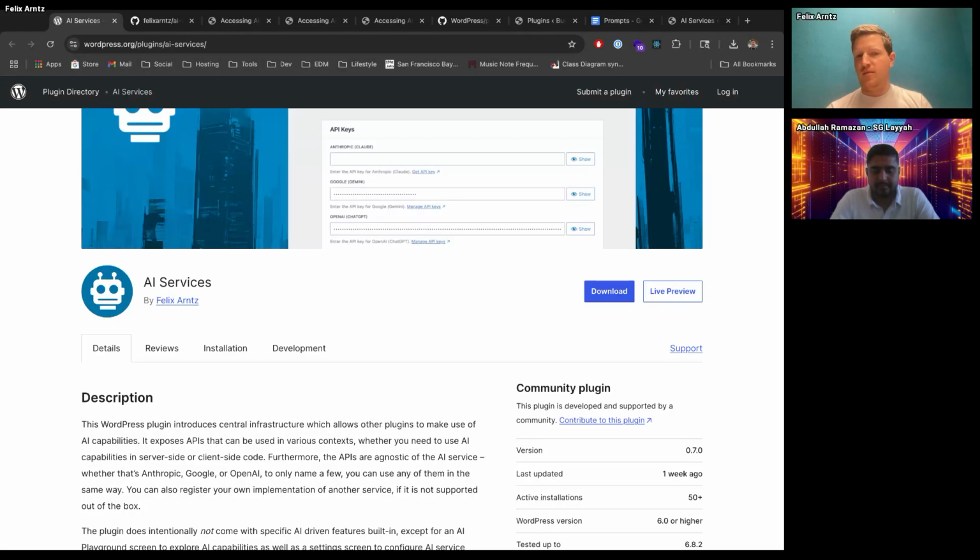But the problem I saw is that most plugins choose a single provider and integrate with it. I would assume that a plugin developer will likely choose the provider that they use the most. That leads to some challenges for the end users of the plugin, because AI is just gaining more and more traction, right? It's already quite popular, but I feel like we're still just touching the surface, and over time there will be more and more WordPress plugins